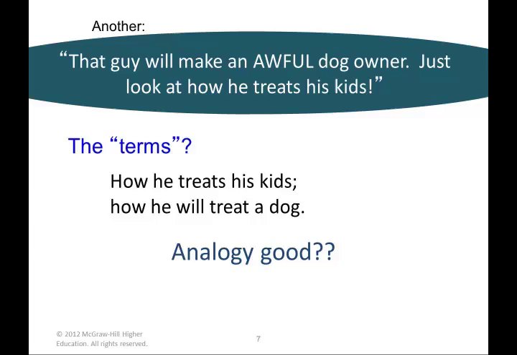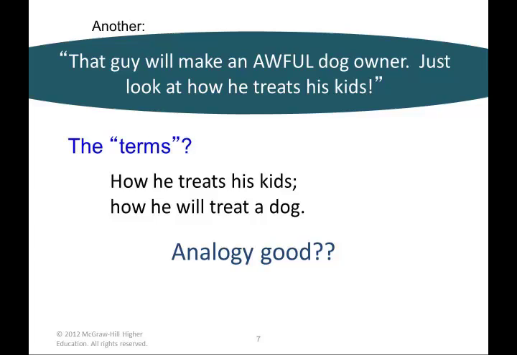That is, are the two terms similar? Well, there's a lot more reason for thinking that how someone treats their kids will reflect how they'll treat an animal. In other words, if someone will abuse their kids, it's pretty reasonable to think that they would be abusive to an animal. Now, not necessarily. Some people just get really impatient with their kids in a way that they don't get impatient with a dog. I don't know why that is, but it is the case in some cases. So it's not a